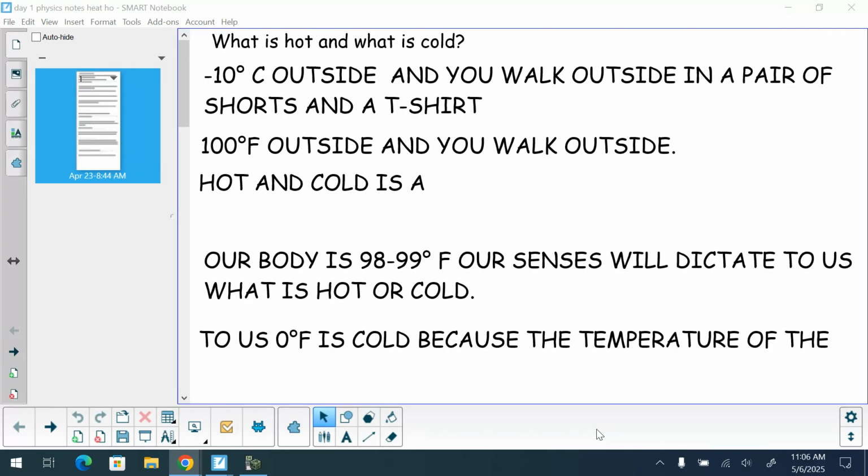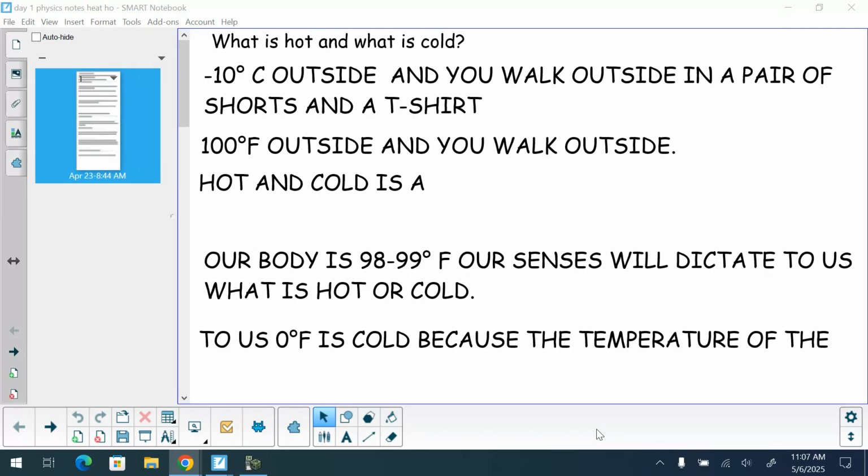When you put yourself in an environment that's 70 degrees, that is colder than your body temperature. So what your senses will think is, oh, this is cold, because the outside environment temperature is colder than my body temperature. That is a sense on your skin that transmits up to your brain. There's a whole dynamic in regards to senses going up to the brain there.